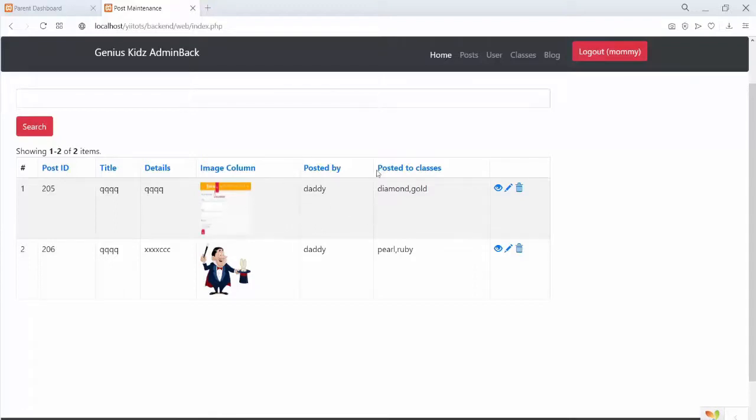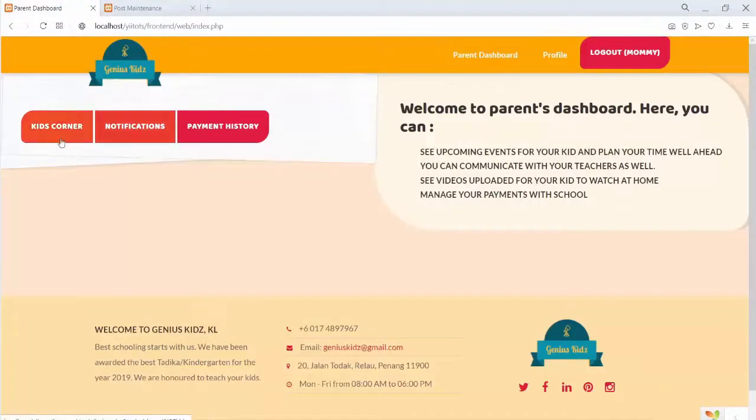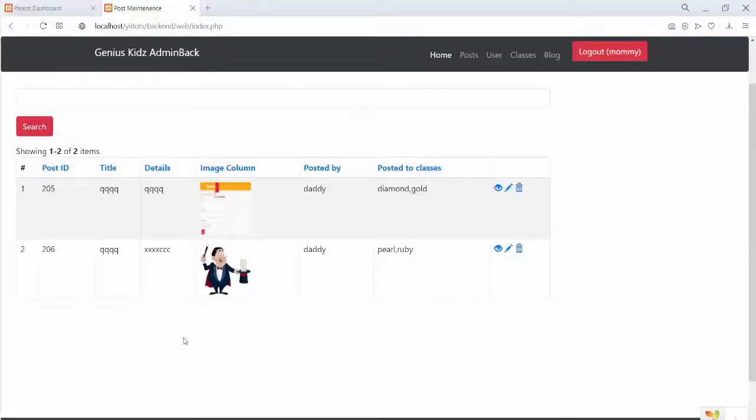It can be video, it can be a gallery of images or a single image. No problem. Whatever the teacher posts will be seen by the parent to help the kid to see the video or whatever the teacher has posted in the kids corner. That's a good feature, right? Especially when teacher want to give some extra reading or homework for the kids, they can relax in their home and see the videos or the explanatory notes with the help of their parents so that they learn things faster. This is a facility that I am giving through the post here.